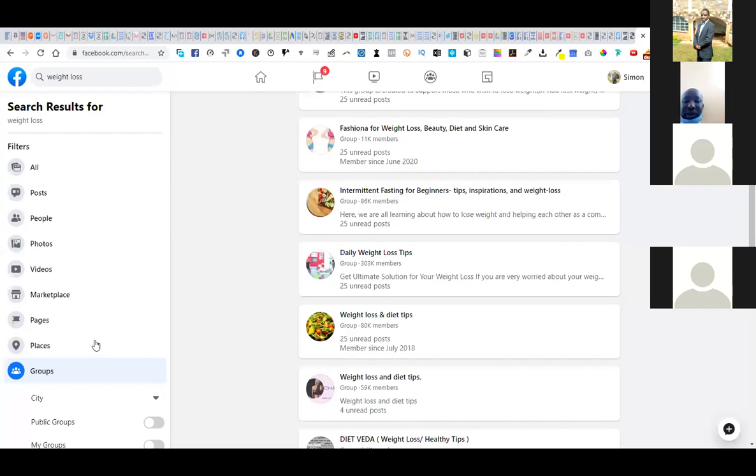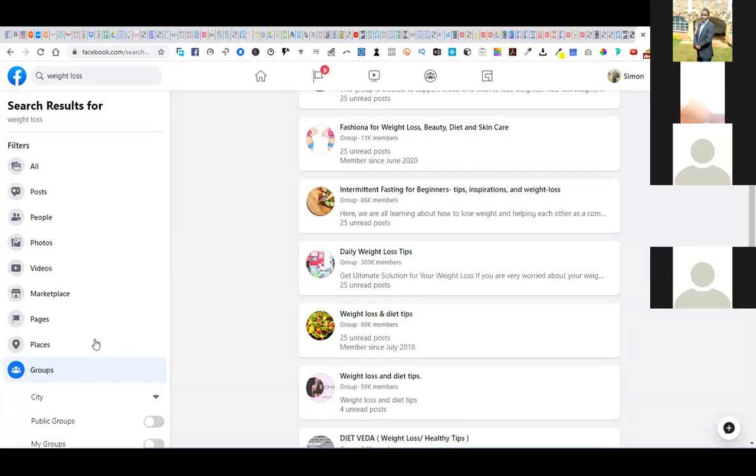Like all these are people who, not even all of them, assuming that even 10% of these people are actually interested in losing weight, okay? They're interested in changing their diet. I mean, that's a big number. This has got 80,000 members, okay? I just got down a little bit,